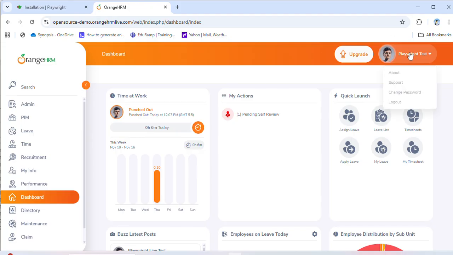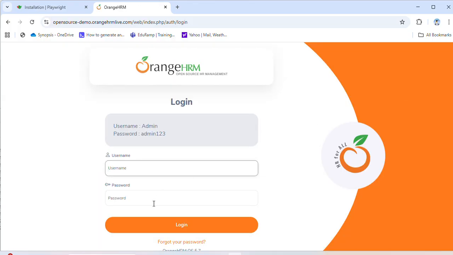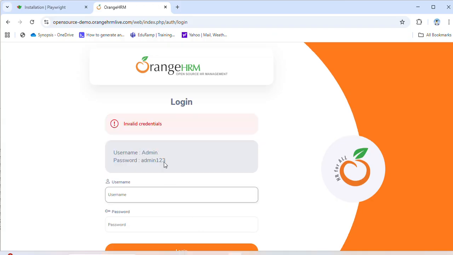Okay, let us consider a second situation. One is the correct login credentials. The other one is maybe A, B, C, D, whatever incorrect username and password combinations we give. It is supposed to show invalid credentials. Okay, so these two scenarios we are going to see how this can be simulated by using page object model